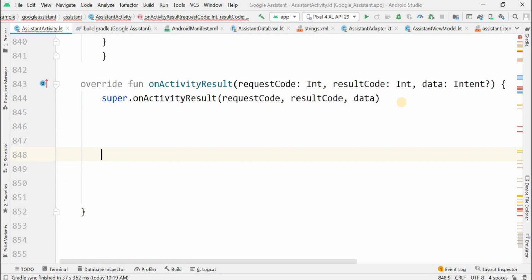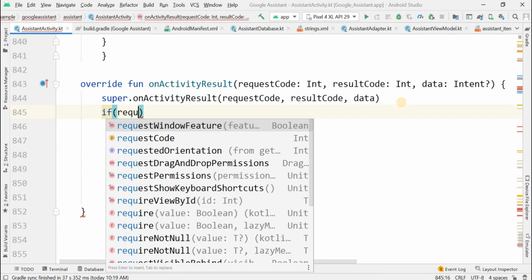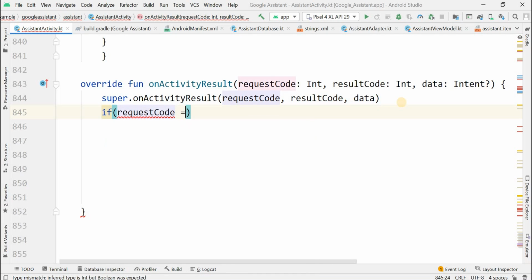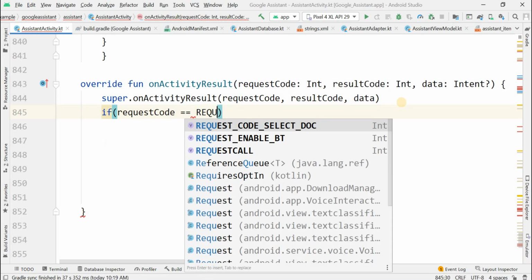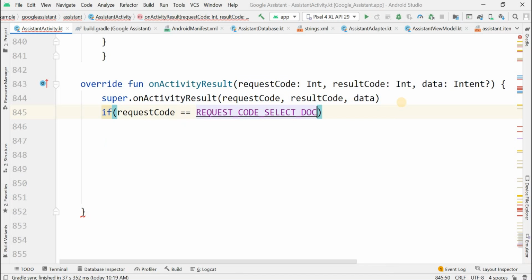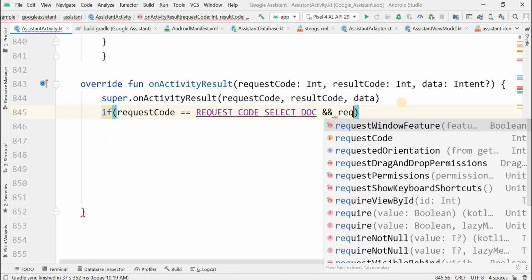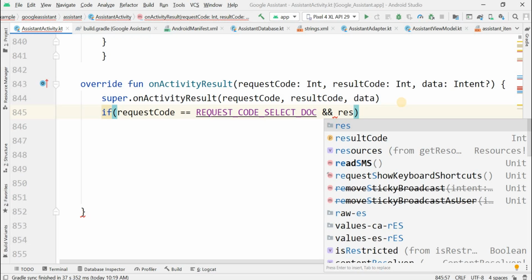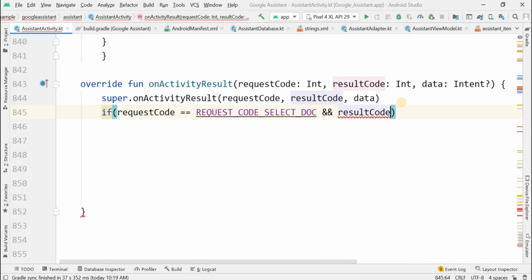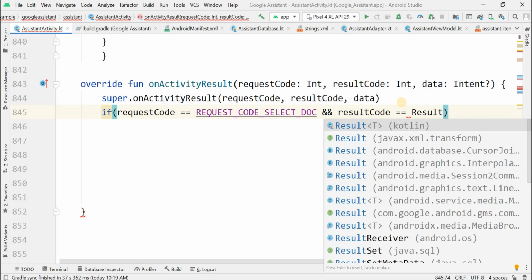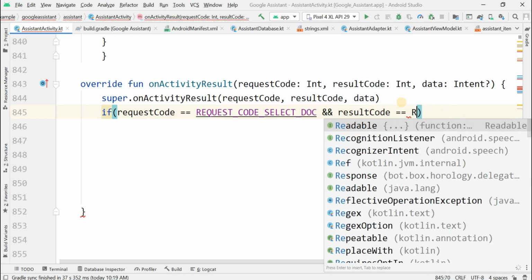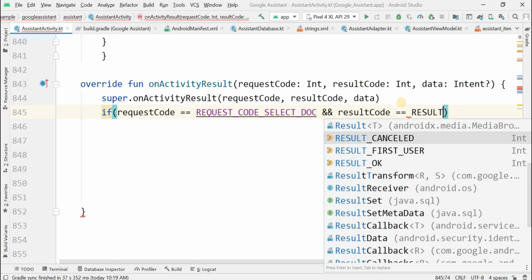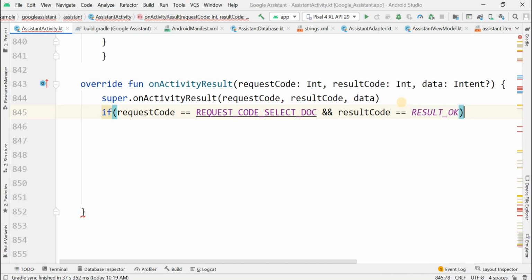As you can see, we are checking for the request code. If the request code equals REQUEST_SELECT_DOC, and the result code equals RESULT_OK, meaning you are getting the OK result, then what we are going to do: